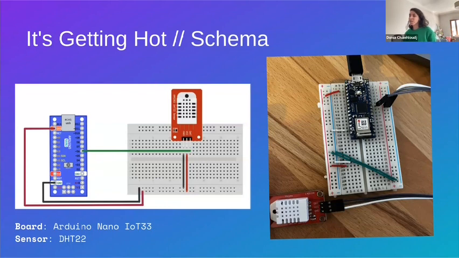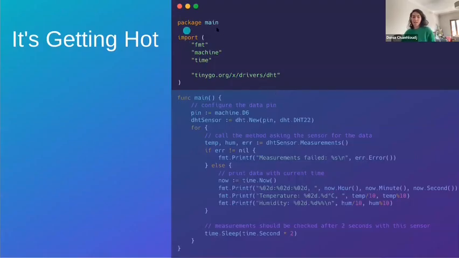So let's go through the code. We have the package main, again the main application. In the imports, I have fmt to print, machine to abstract the layer with the devices, and time. The new one here is tinygo.org/x/drivers. This is a library from TinyGo that, again, enables abstracting the communication between the microcontrollers and the setup. So we just abstract the 1 and the 0 and the byte manipulation. It makes life easy and more readable, basically.